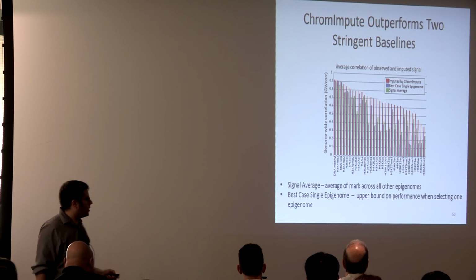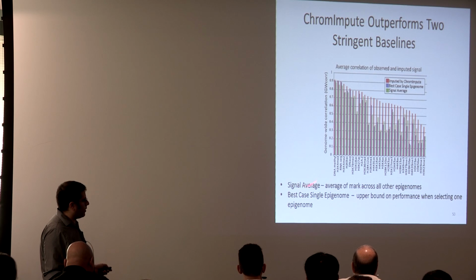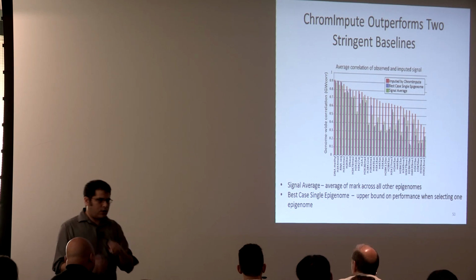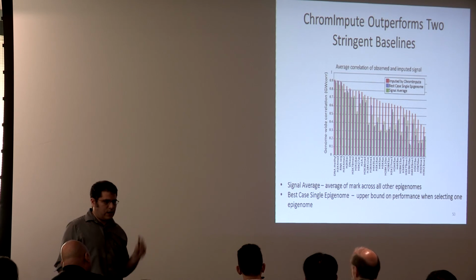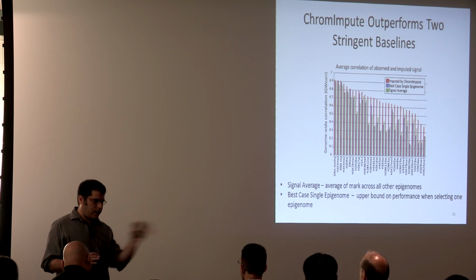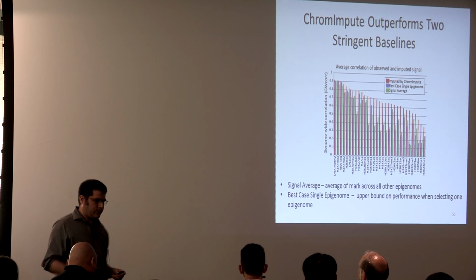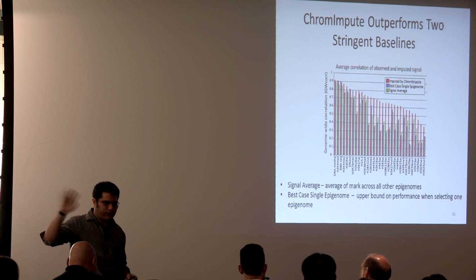when we're holding it out. And then as a baseline, we compare it to what happens if we just average that mark across all the samples we had. That's showing you in green. And another thing is, what's the best case if we just picked one single epigenome? In practice, what people will often do is if they don't have a specific mark in a cell type they're interested in, they'll go into some database and